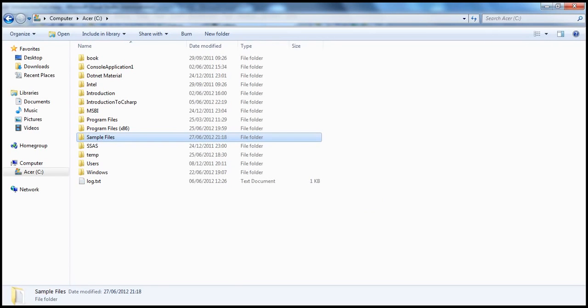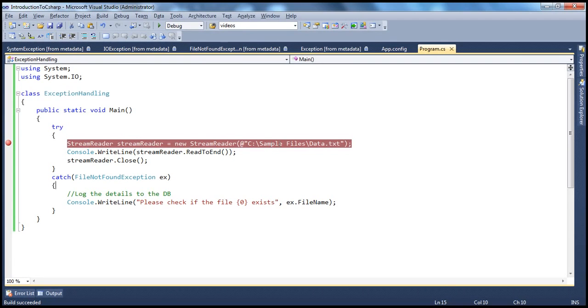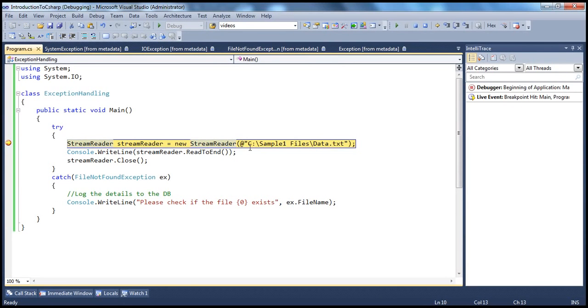Now I think since the program is using that, let's change it here, sample1 files. Okay, now for some reason the directory name is changed. Now if I run this program, look at this, it tries to go to that path and read that file, but that path does not exist, meaning the sample1 files directory is not present at all. So now when I press F10,